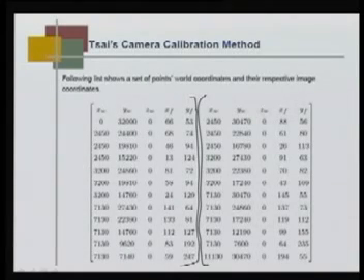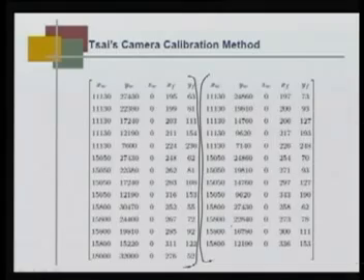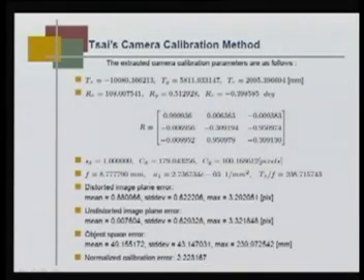These are my actual points in the space coordinate, and this is my actual image coordinate xf and yf. This I collect from the actual system. Then using the algorithm you can find out Tx, Ty, Tz, Rx, Ry, Rz,